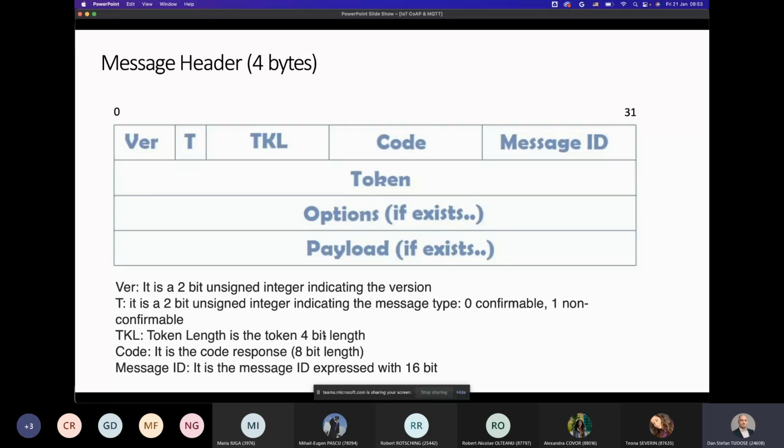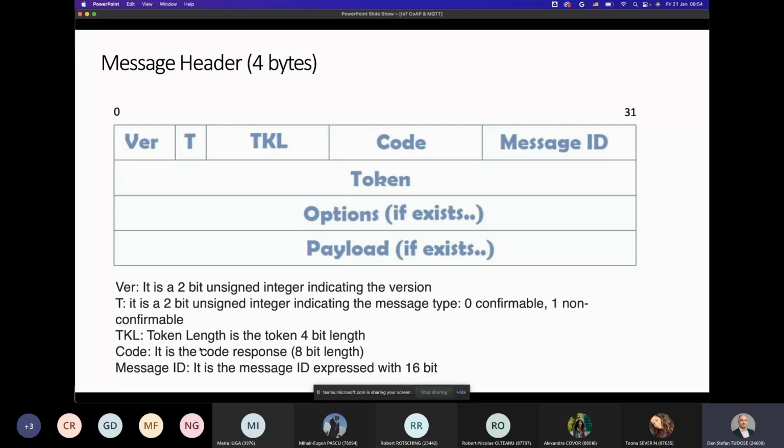You've got a token length, a 4-bit field. Sorry, the token can be up to 32 bits, but the token length field is 4 bits in length. And this token is unique to a certain message, and usually when it's a request response type of interaction, the request has the same token as the response, so it can be easily identified within the devices.